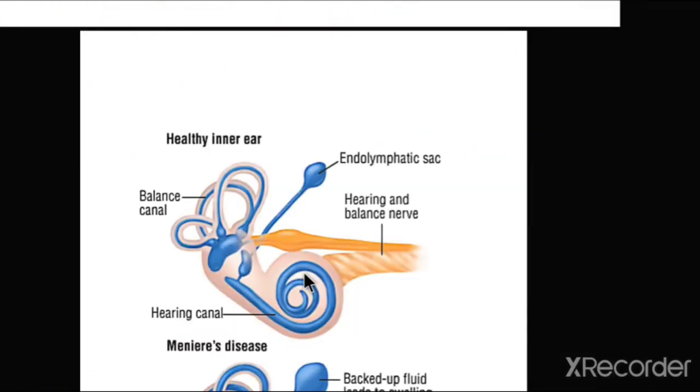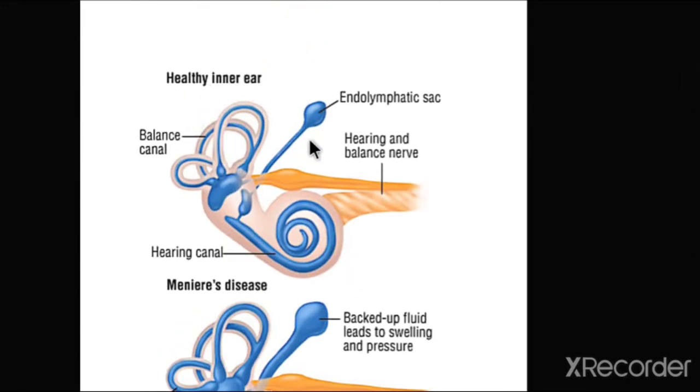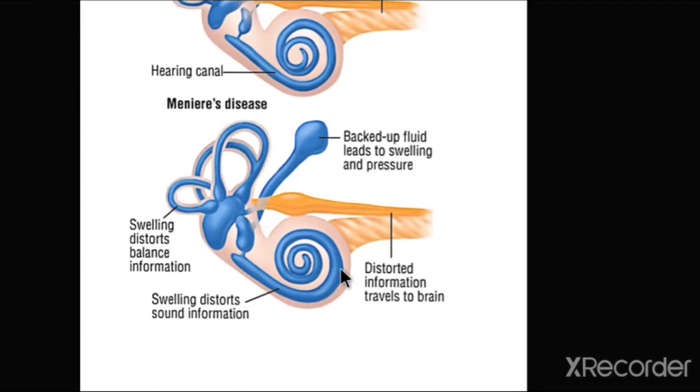Let's also look at the definition of Meniere's disease: there is dilatation of the membranous labyrinth which is present within the bony labyrinth. This is the healthy inner ear, and this is the ear having Meniere's disease, and there is dilatation of the cochlear membranous part, the saccule, and also the membranous layer of the semicircular canal. Due to this dilatation, abnormal information goes through the vestibulocochlear nerve, so symptoms like vertigo, sensorineural hearing loss, and tinnitus occur. So the mechanism is finished here.